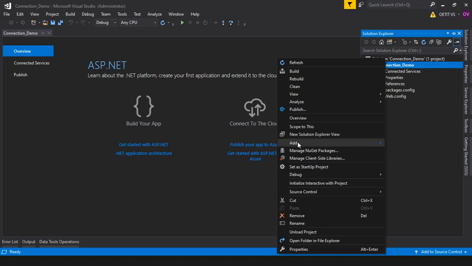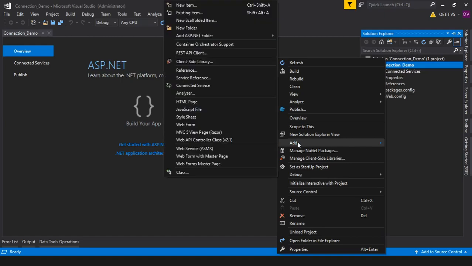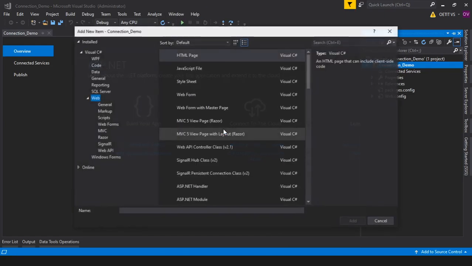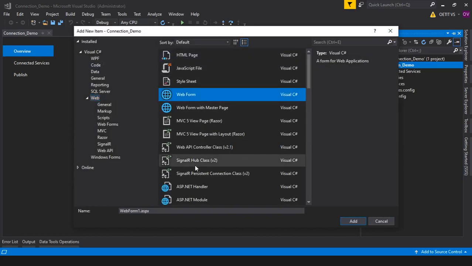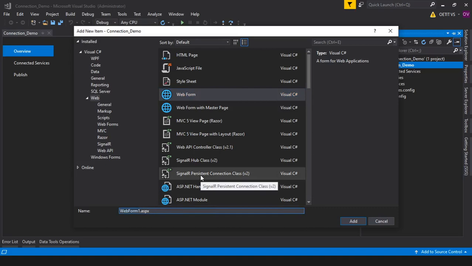So right click on your website, add new item, and you will take a web form, right? So you can change the name of the web form to maybe anything. Right now we have created the demo project, so you can take any name.